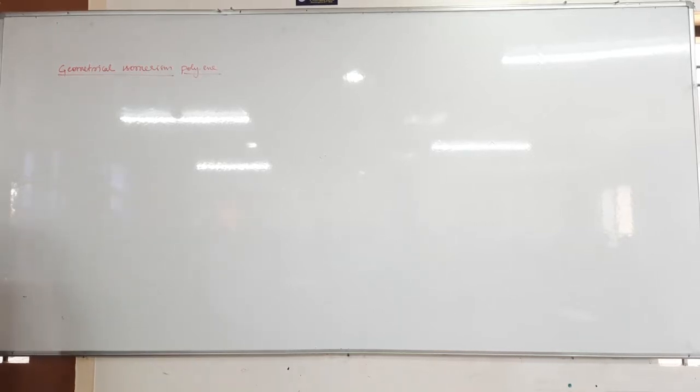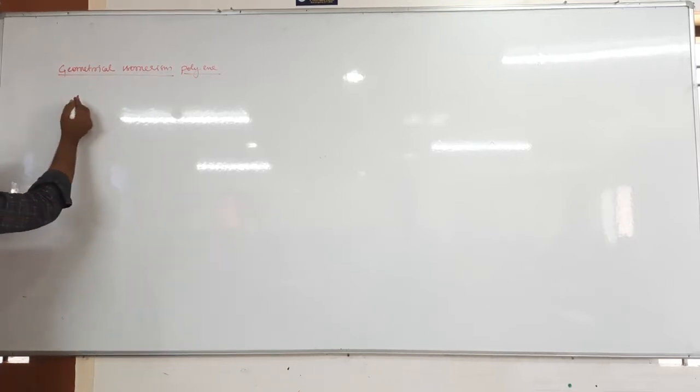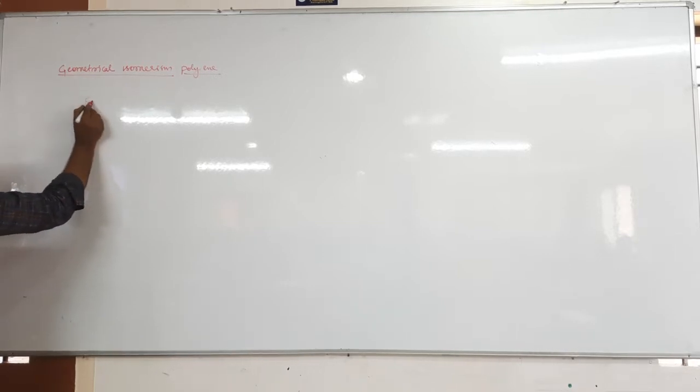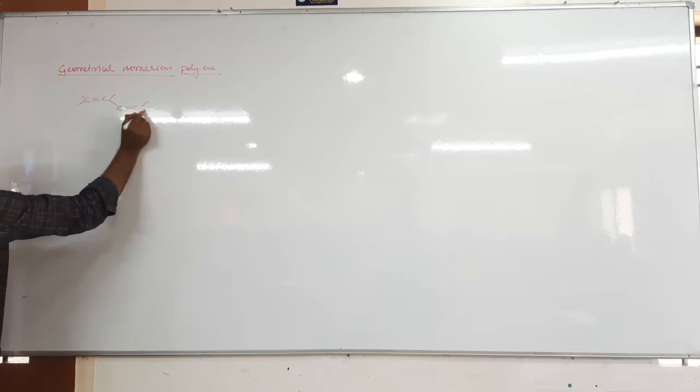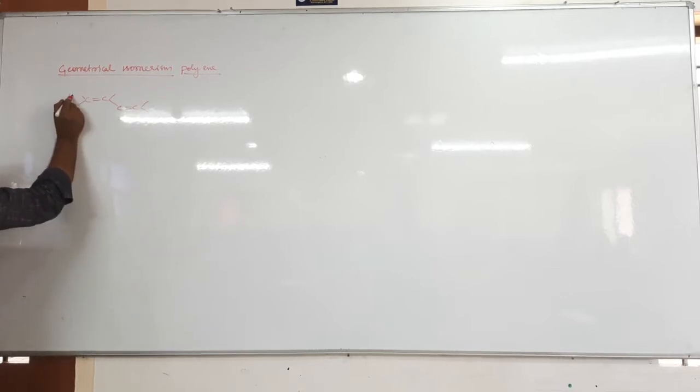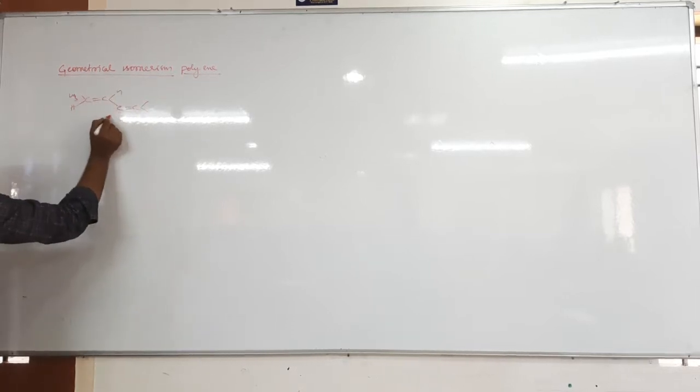Geometrical isomerism in polyenes. So what are the polyenes? More than one double bond, right? In the previous class we studied dienes, right? If there are carbon-carbon double bonds, like 2 or more double bonds present,